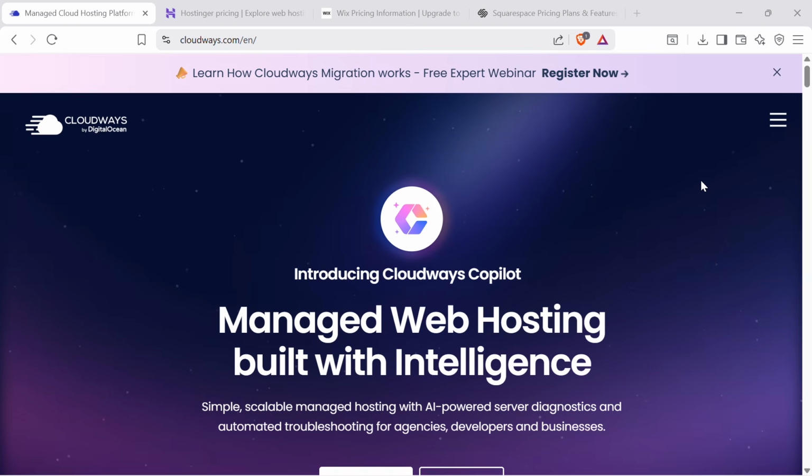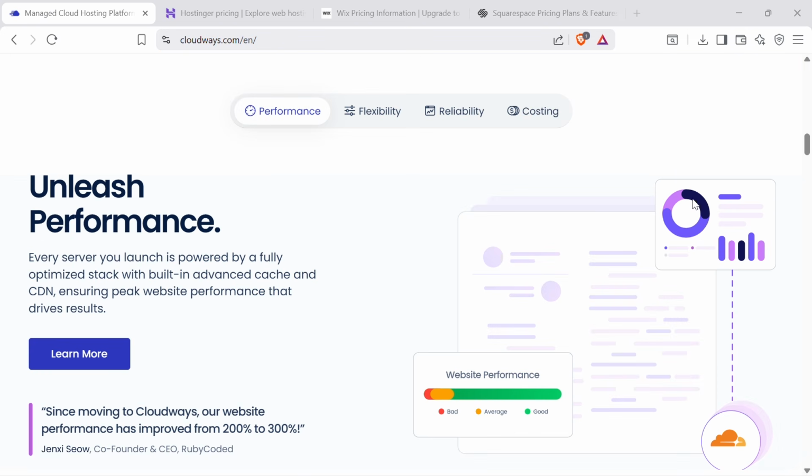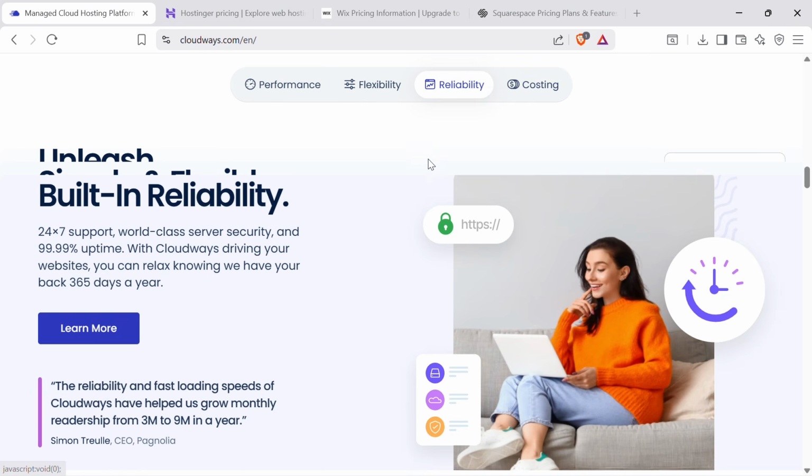There are many things I could go into, but some of the biggest reasons that I recommend them are listed here. Performance: they are cutting edge, so much better than just your shared hosting and all these other ones out there that I've used in the past. When it comes to performance, they are drastically ahead. Flexibility, reliability,